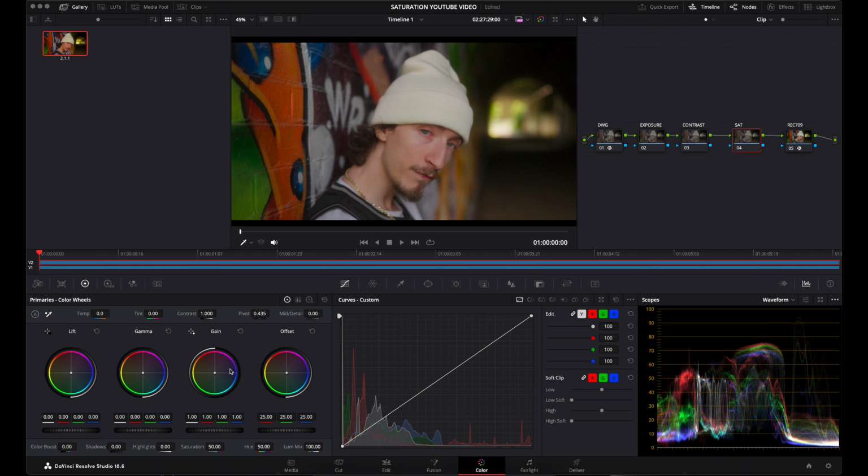So what I would normally do, nine times out of ten, is leave the gain, and adjust the saturation by using the gamma wheel. So if we start to dial up the gamma wheel, dial it to where we kind of want to match the other video, I think we're there or thereabouts. Now if I disable the top video and we start to compare the two side by side,